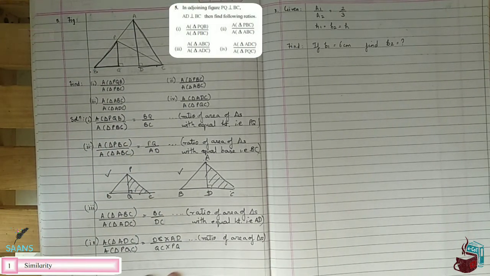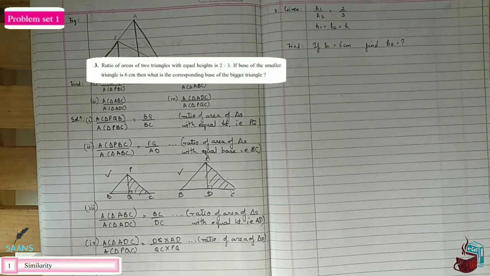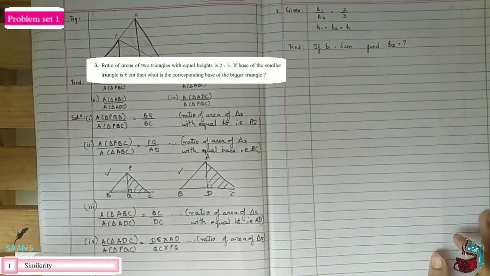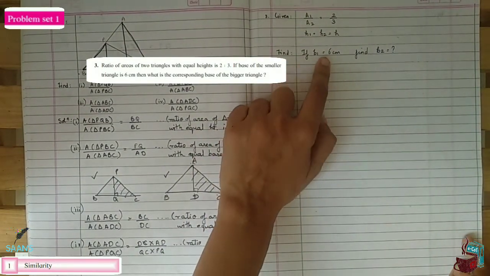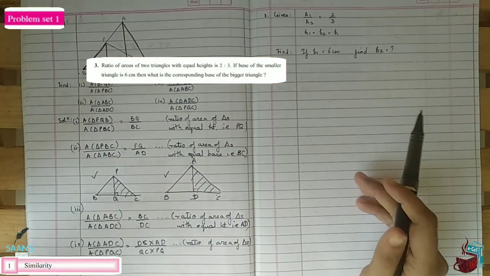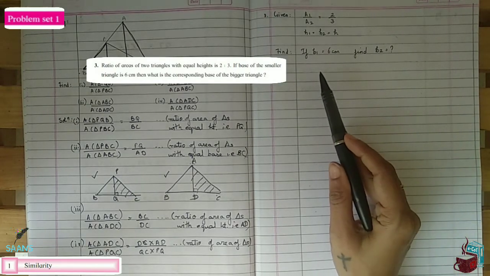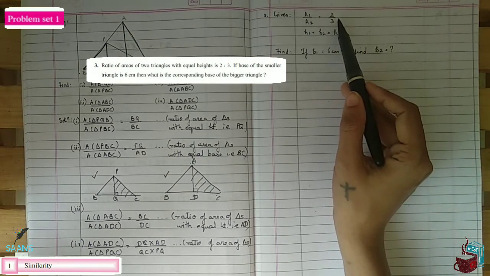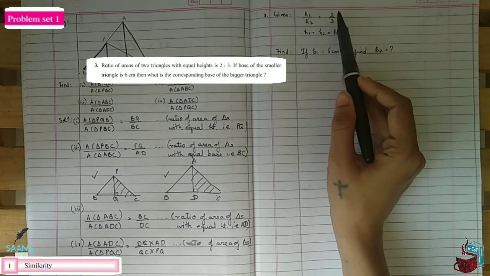Now we move on to the problem set, where now here they are saying ratio of area of two triangles is 2:3. Then they say if the base of the smaller triangle is 6 cm, find base of the larger triangle. Now in such a case what happens, kids? You need to understand कि कौन सा base B1 मैंने कैसे लिया 6 cm. Reason being, area 1 is twice whatever multiple and area 2 is thrice multiple. So area 1 becomes small.